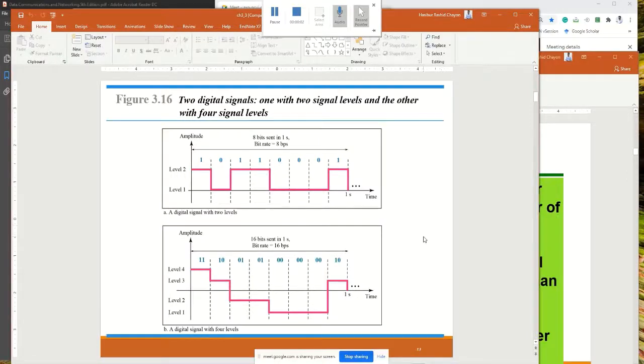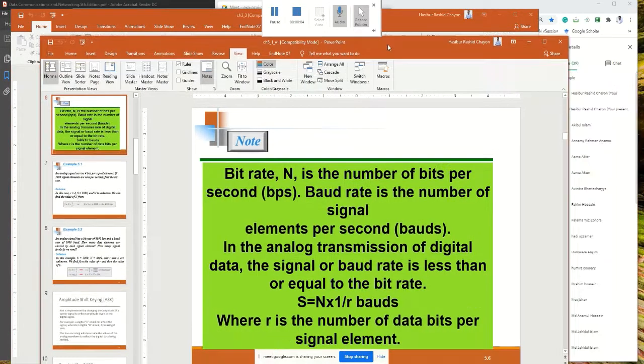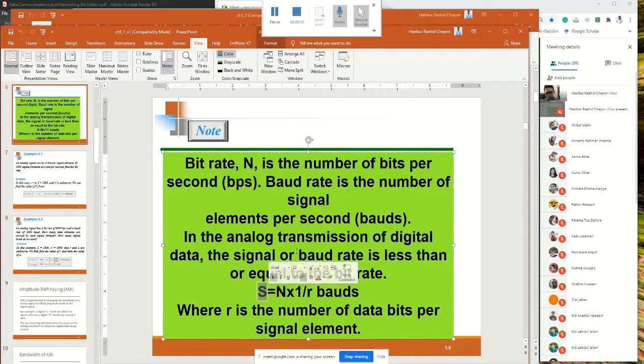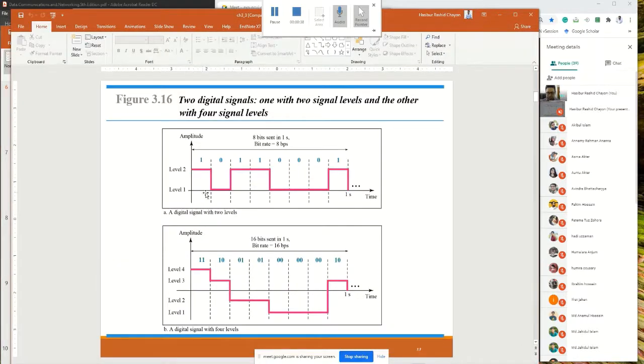So what we are actually discussing is the relationship between the signal rate, or baud rate, which is S, and the bit rate, which is N. So S equals N by R, right? Where S is the number of signals in 1 second, or baud rate. N is the number of bits per second, that is the bit rate, and R is the number of bits in each signal element. For example, in this case,